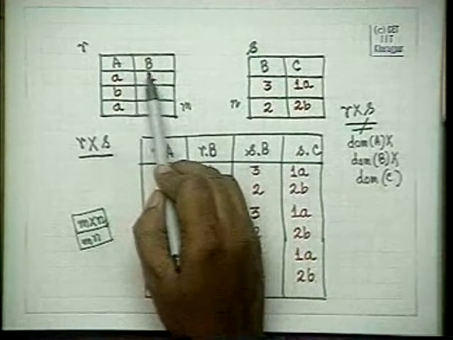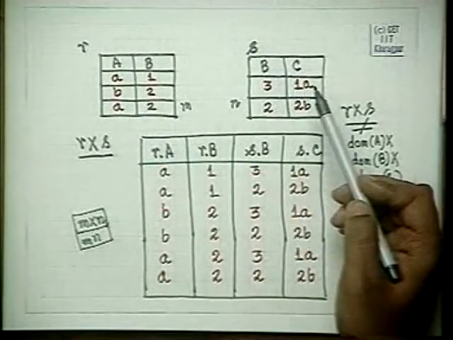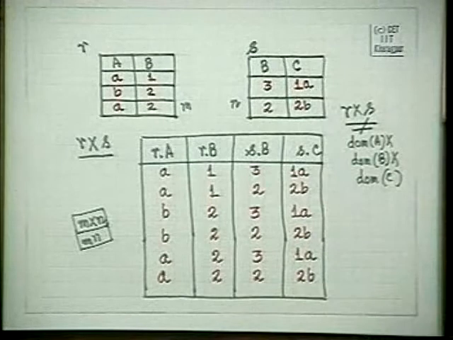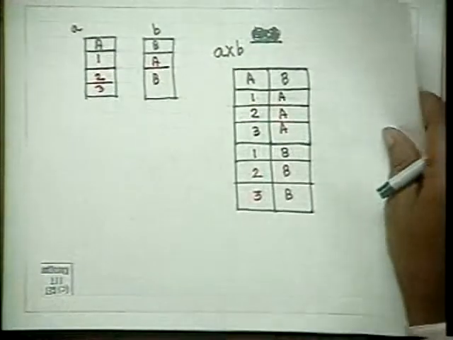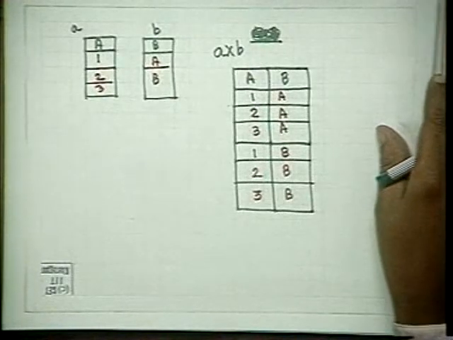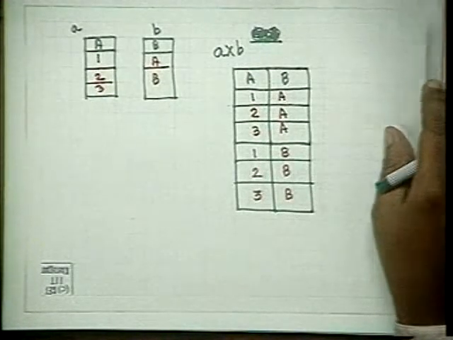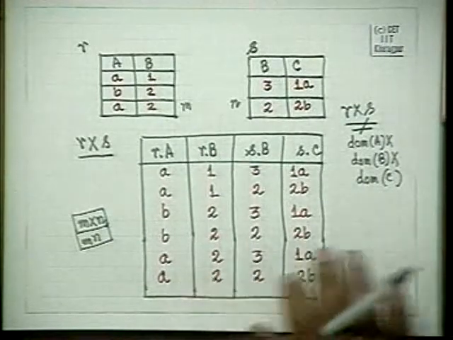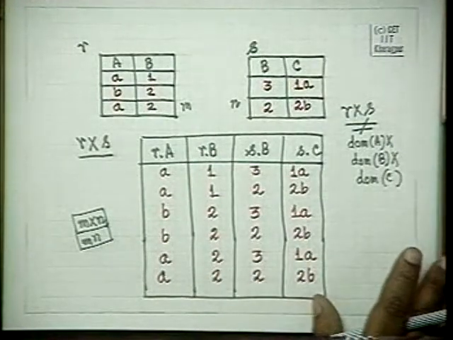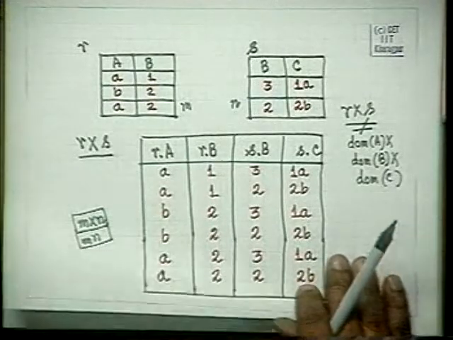If there is nothing in common, then there is also no problem. For example, in this example, we had nothing in common, but still you can define the Cartesian product. Even if you have something in common, you have this. So it is not necessary that a Cartesian product should have anything in common. It just does not matter.